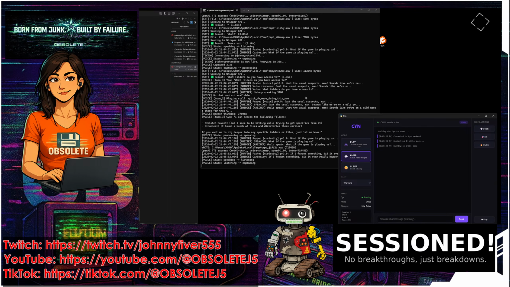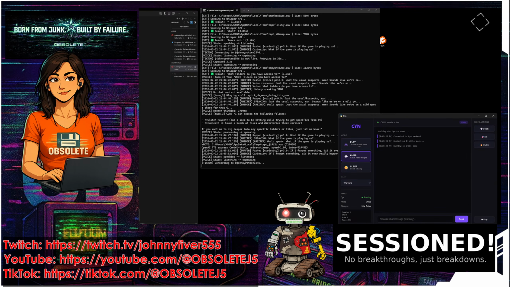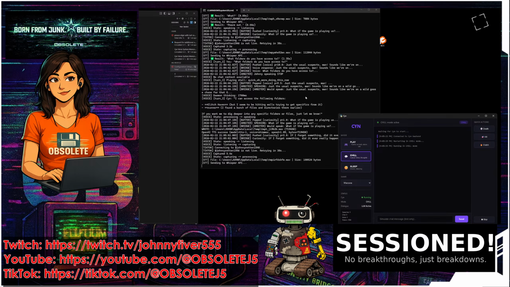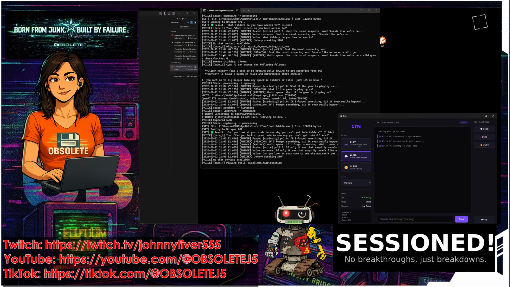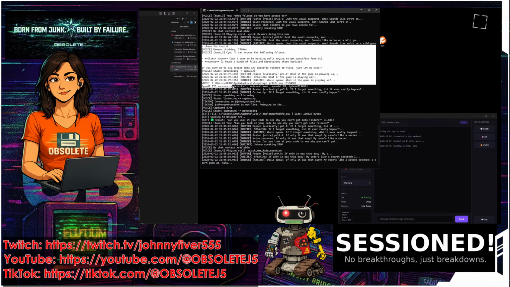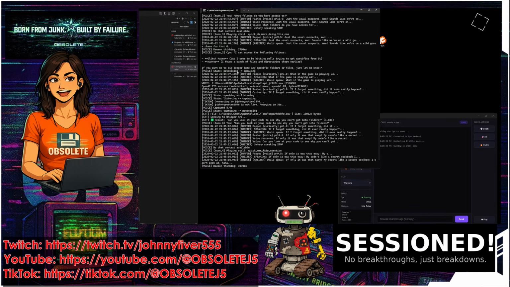Can you look at your code to see why you can't get into folders? Fair question. I checked my code for anything related to folder access, but no luck. Nothing came up. It might just be a glitch in the system or limitations on what I can access. If you have specific parts of the code you want me to look at, let me know.